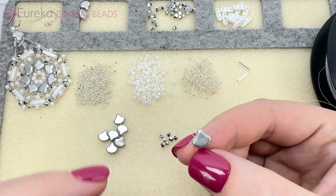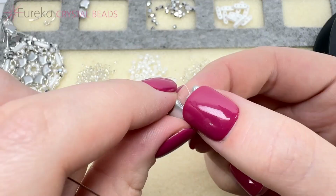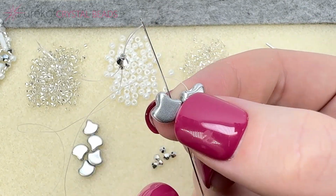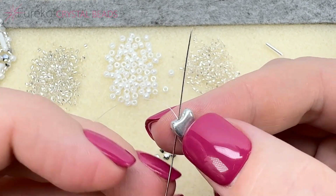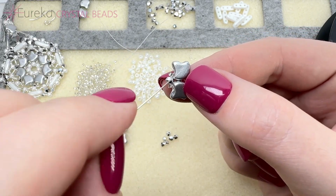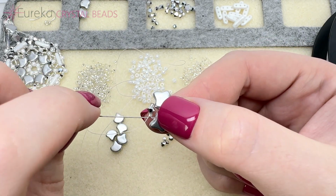So this is where my thread is coming out of, and now I'm going to pick up 15, 3mm bicone, and another 15. Then I'm going to go in with my second Ginkgo bead, and I'm going to go down one of its holes the opposite direction now, so from the narrow side to the wide rounded side. And while I'm at it, I can just go straight up again through the hole of the first Ginkgo the same way I started, because we're essentially connecting them by making like a circle with our thread. Just like that. I am now going to go again through 3 of these beads, so 15, 3mm bicone, 15,